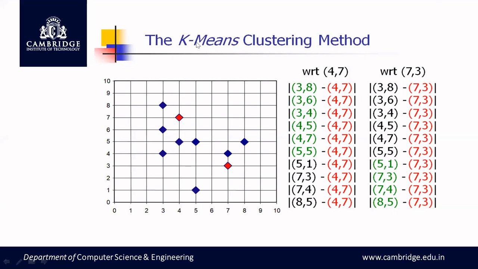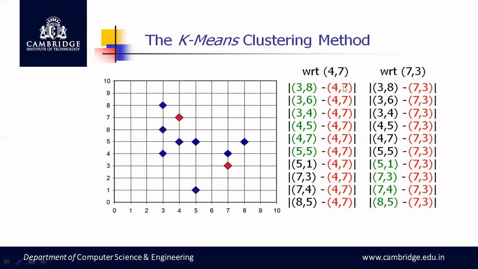What is the answer? What is the Euclidean distance with respect to these 2 data points? It is square root of 2, right? For this data point, 7 minus 3, that is 4 square plus 5 square. So the answer would be somewhere nearer to 9, right? For this, the distance would be somewhere nearer to 9, whereas here square root of 2, which is somewhere nearer to 1.4.